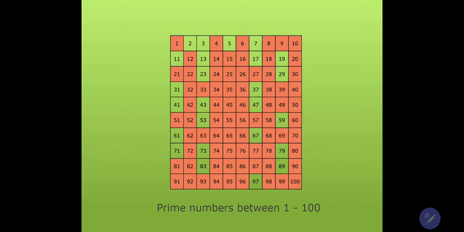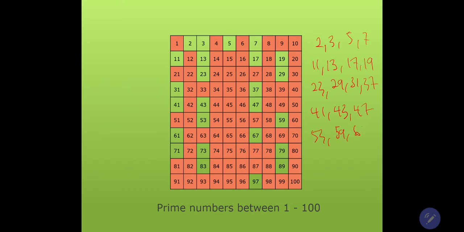Basically, you can pause the video and have a look at all the prime numbers. There are supposed to be 25. So let's list them down. We have here 2, 3, 5, 7, 11, 13, 17, 19, 23, 29, 31, 37, 41, 43, 47, 53,